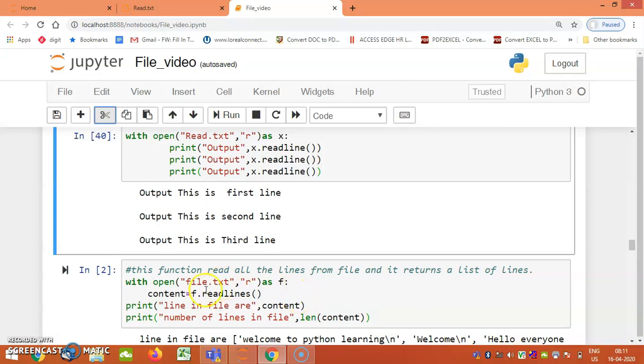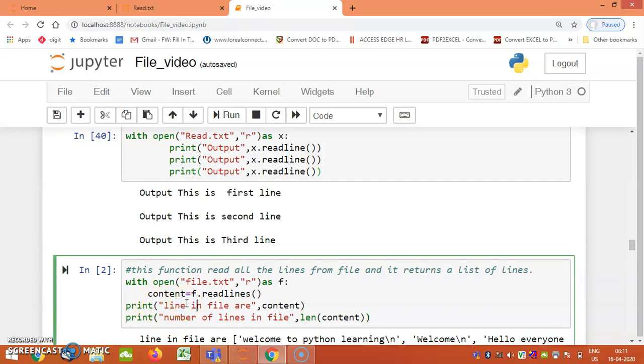I will show you. Now listen, with open file.txt, we know what exactly the contents are in file.txt, as we have already opened that before this. I have opened this file in the read mode as f, and I am performing the operation f.readlines, and whatever contents I am reading, I am saving into a variable, content. Now listen. So instead of line in file, I will write down the contents in a file. What I will write down is contents in a file are